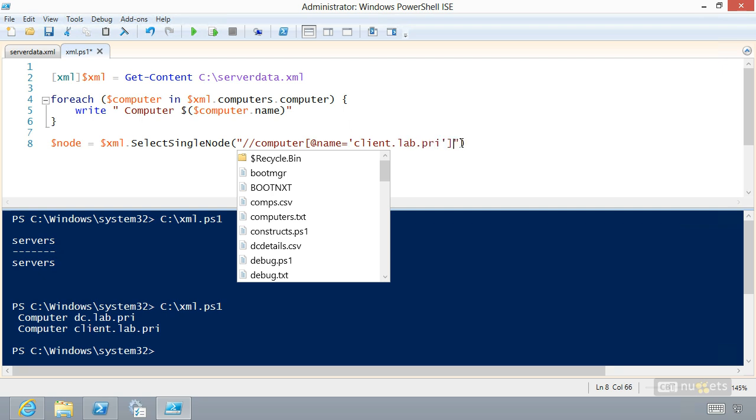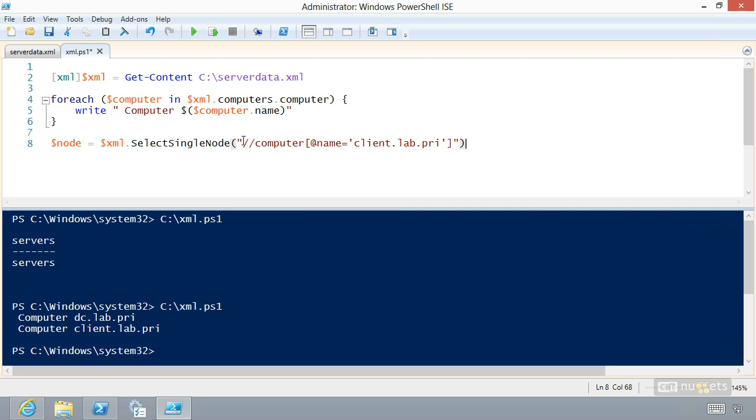And I need to finish my square bracket. So that's an XPath query. It's saying go to the root of the document, find me the first, because I said select single node, find me the first computer element with an attribute name of client.lab.pri. That should return